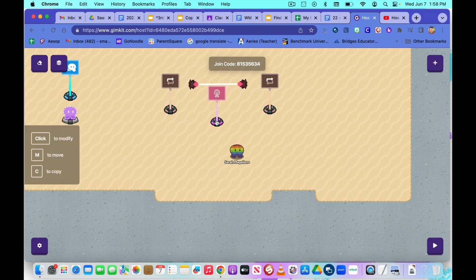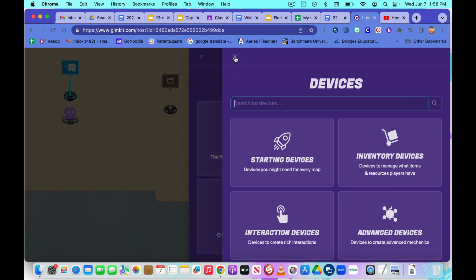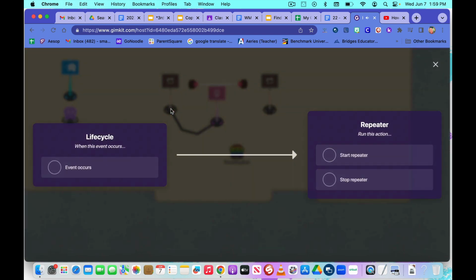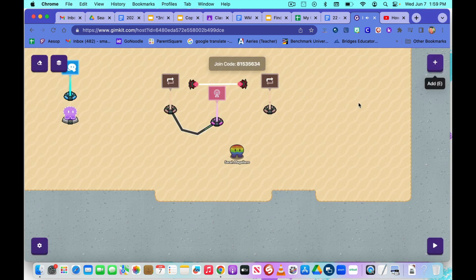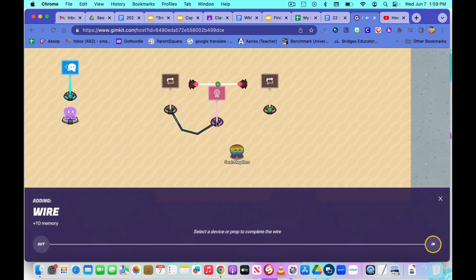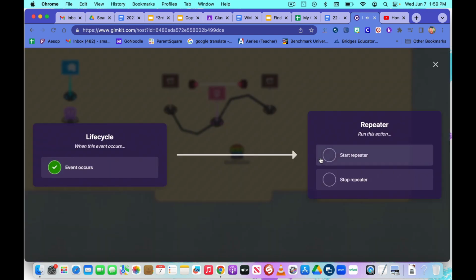Next, we're going to connect the life cycle to the first repeater. So we add, and we come out of Devices and click on Wires. You have to click on the life cycle first, and then that wire, we're going to connect it to the left repeater. Now, what it's going to say is when the game starts, that's when this repeater should begin. So that's the event occurs, and we're going to start the repeater. We're going to do the same thing to the other one. Go to Wires, connect the life cycle to the second repeater. We're going to click when event occurs, start the repeater,